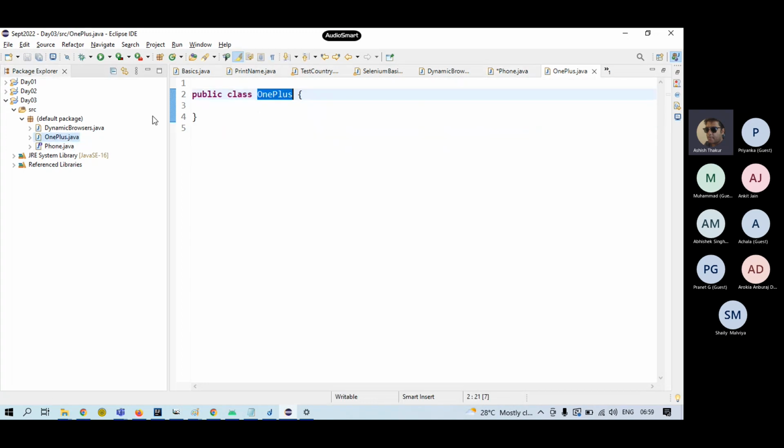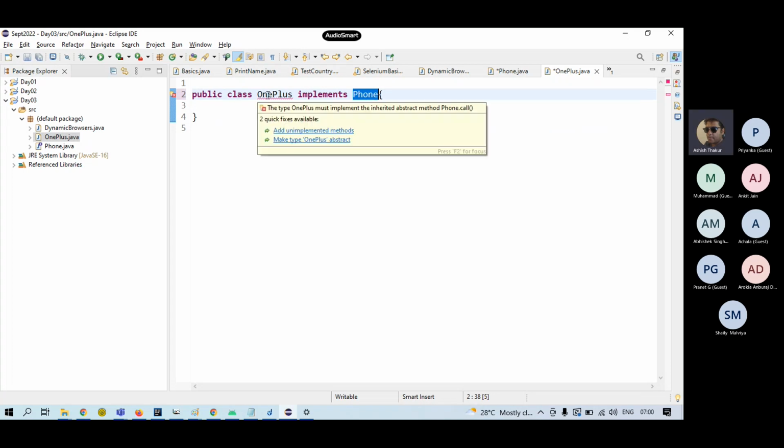So what we do in Java is that we write over here implements the phone interface. Okay, so if the class is implementing an interface, then it is mandatory for the class to implement all the functions of the interface. All right,